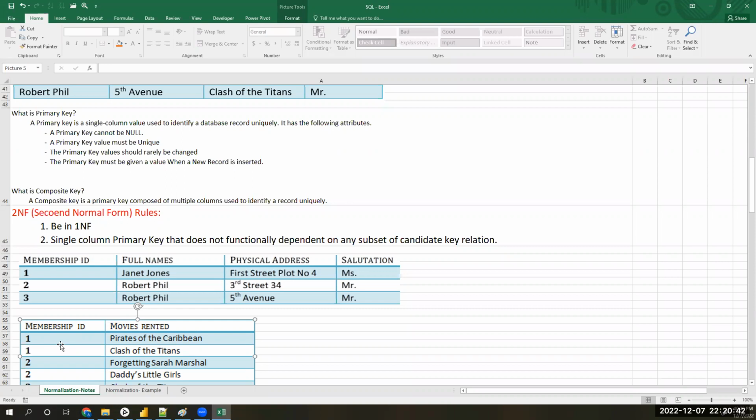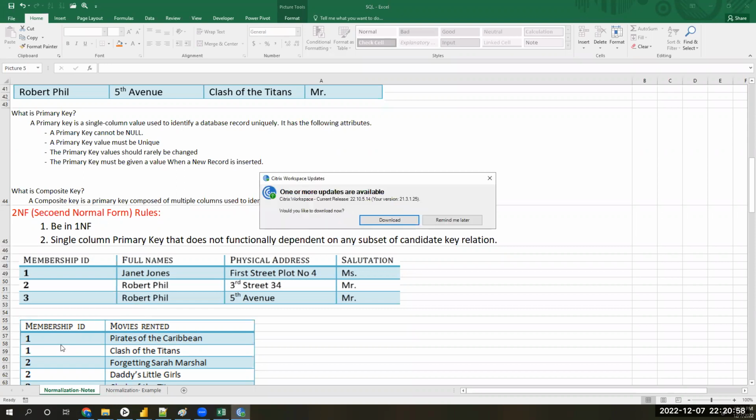So if a new member is joining, sorry for the lame question, sir. No problem. If a new member is joining, say 4, 5, 6, 7, 8. When we are dividing the tables like this, is there any backup table, like the complete whole table, as the source? No. If you want to enter new information, how will you enter? You will just enter the full name and address in this table. For example, you can consider it a software.